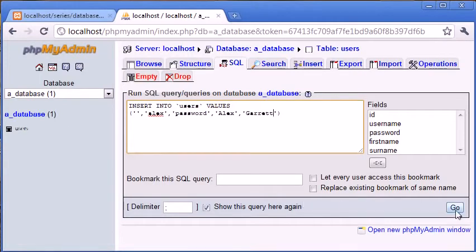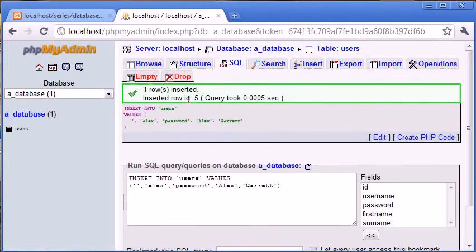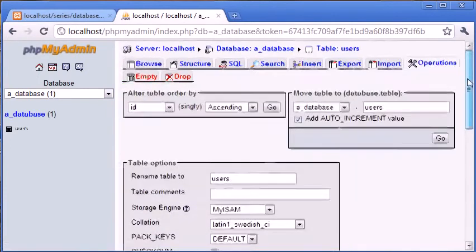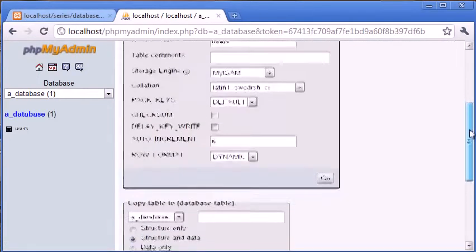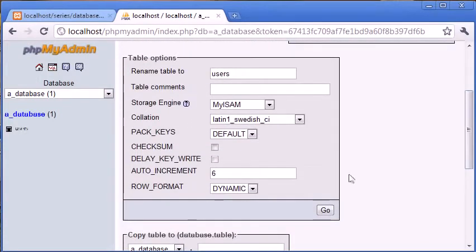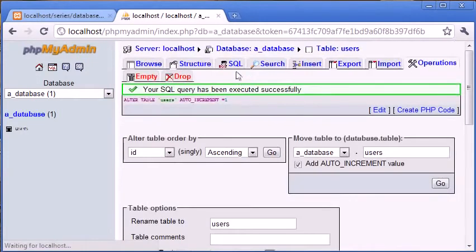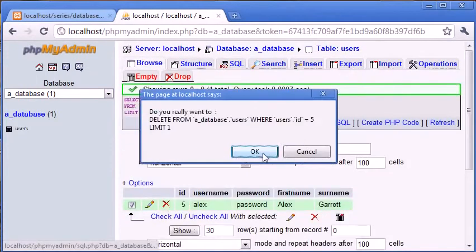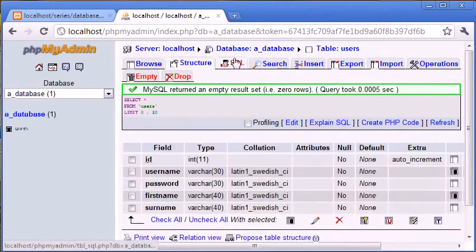So let's click go. Now what you can see is, oh, okay, right, maybe not. So let's go back to operations. Oh, okay, so I set it to 0, it needs to be set to 1, sorry. So click go. Let's come and delete this query I've just put in there, and what that will do is now when we want to reinsert some data,